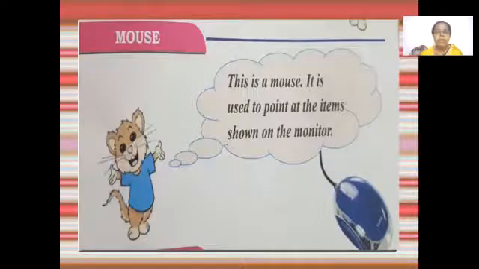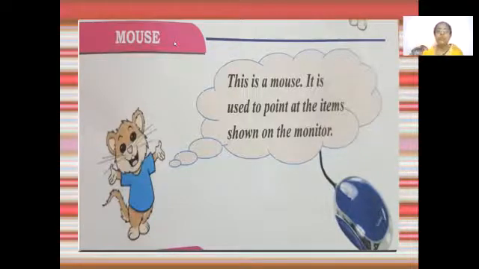Next is the mouse. The mouse, you can see this pointer. I'm pointing to this mouse only. This picture is the picture of a mouse, a computer mouse. Not a real mouse. This is a computer mouse. Whatever you're pointing at, it will show on your monitor. This is the monitor screen. On the screen, wherever I'm moving the mouse pointer, it's going. I want to point to the word mouse. See, it came here. This is called a pointing device.